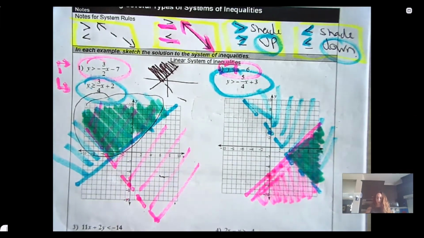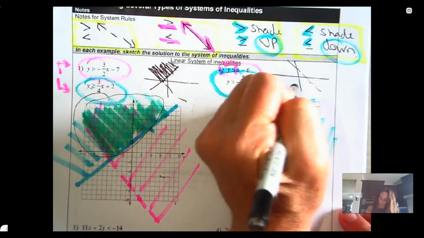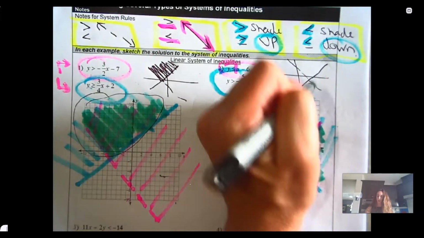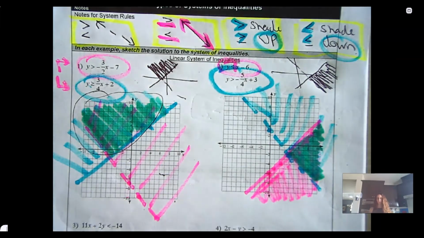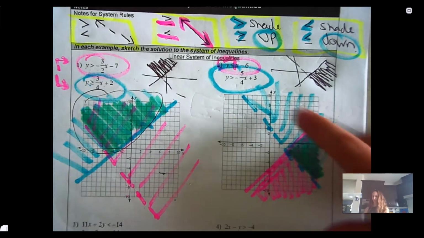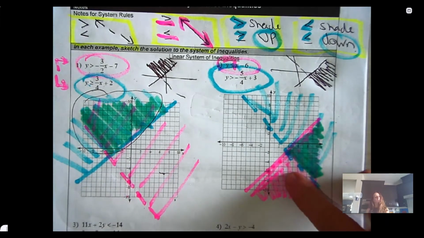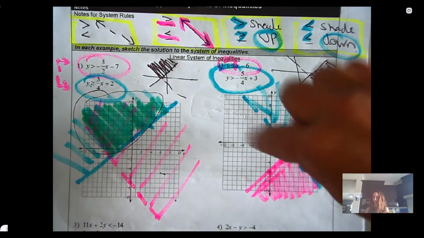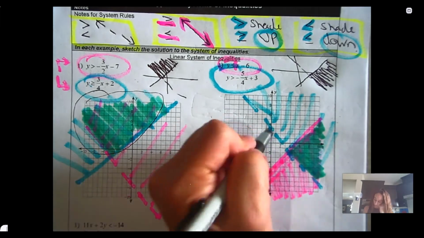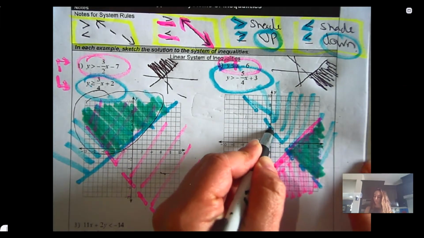this region here. If you graphed it on Desmos and you had this dashed line and this solid line, your answer would just be that. And I encourage you to graph it on Desmos. This, any point here, is the solution for both. A point here is a solution for blue, but not pink. A solution for pink, but not blue. A solution for nothing. Now, I will point out, this point that seems like it's on the blue is actually